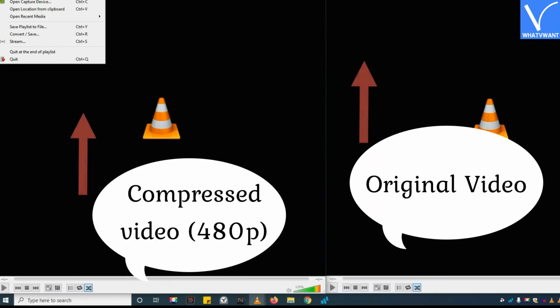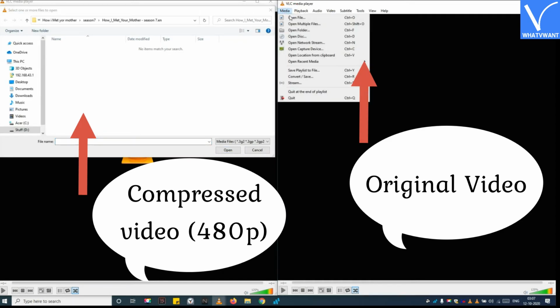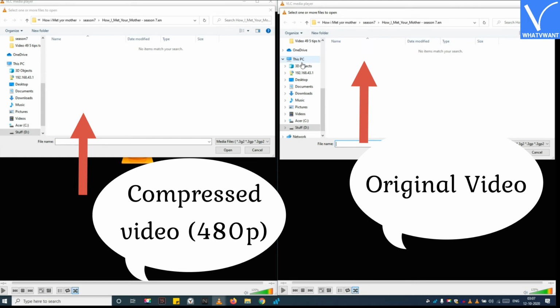On the right, I am playing the original 4K video. And on the left, you will see the compressed 480p video produced by Format Factory application.